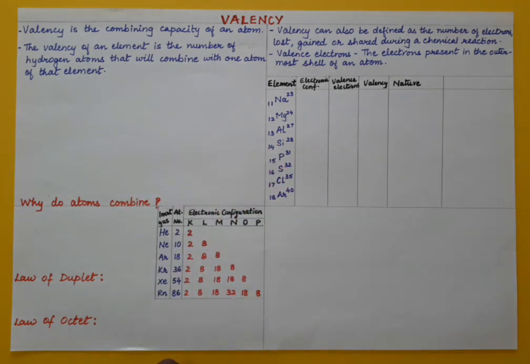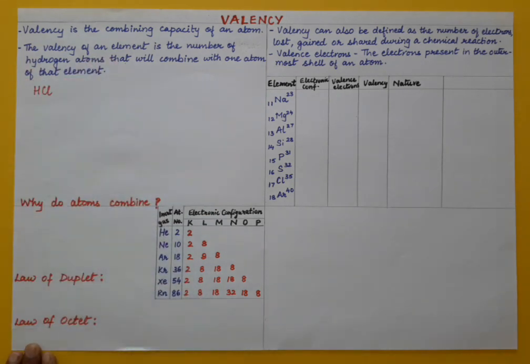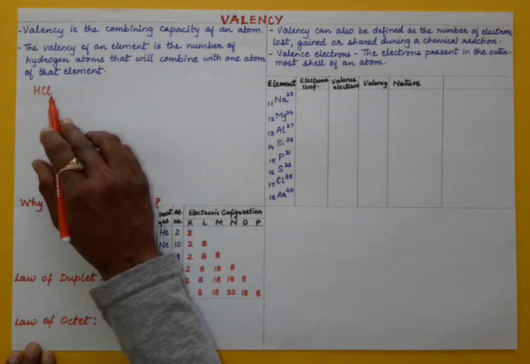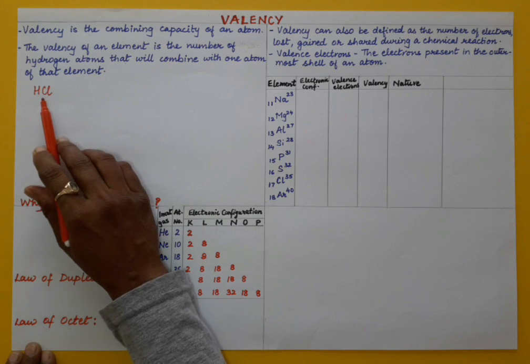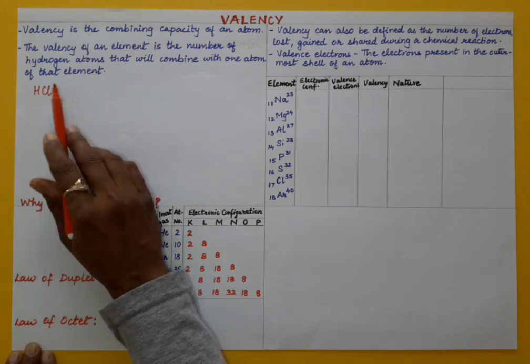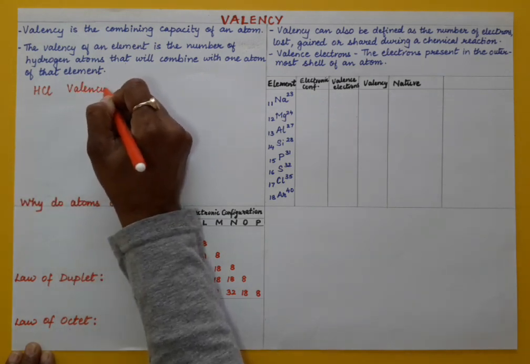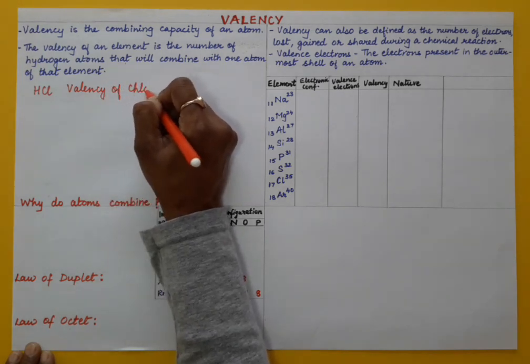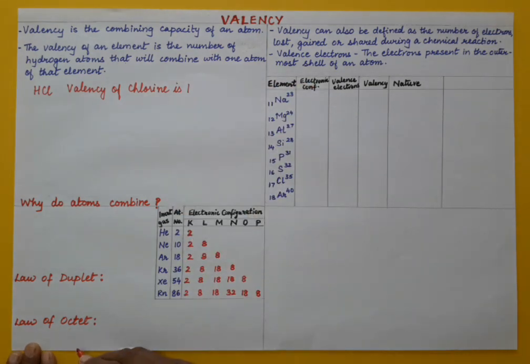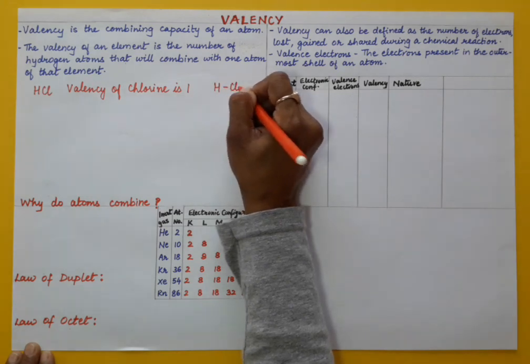element. For example, if we take HCl, right? So HCl is hydrogen chloride. Hydrogen chloride has one atom of hydrogen and one atom of chlorine. So one atom of chlorine combines with one atom of hydrogen to form a molecule of hydrogen chloride, right? So we'll say that the valency of chlorine is 1, right? So we can also say here, like hydrogen combines with, like this, it is a single bond